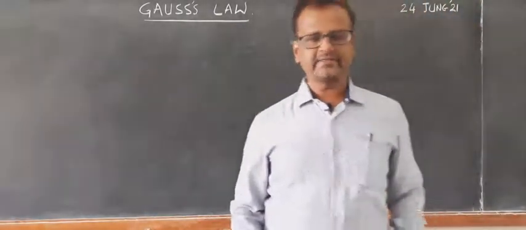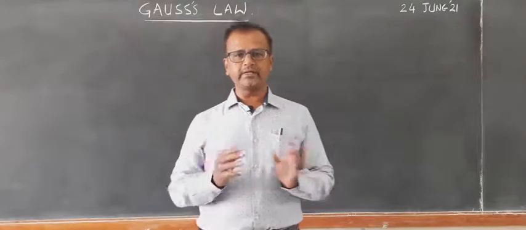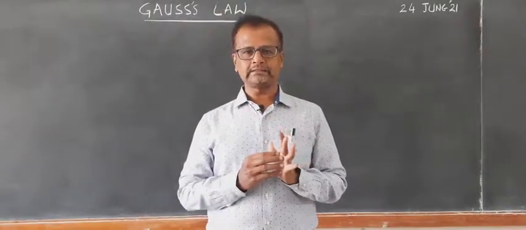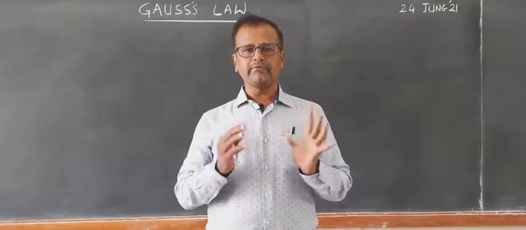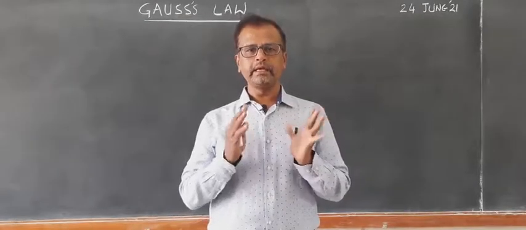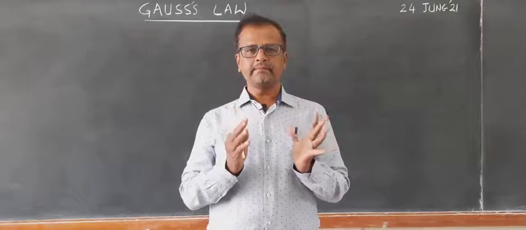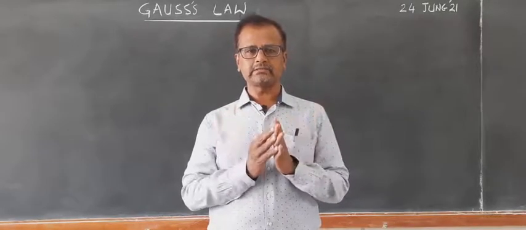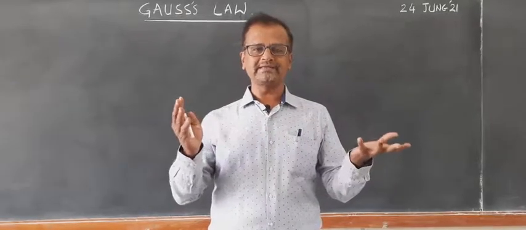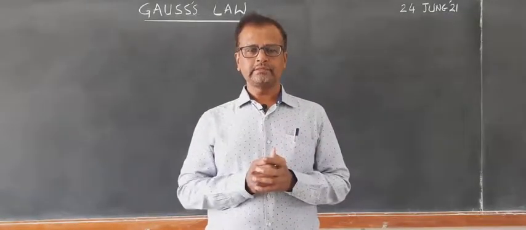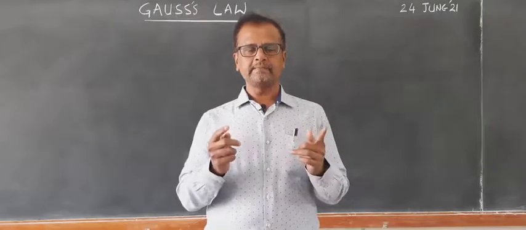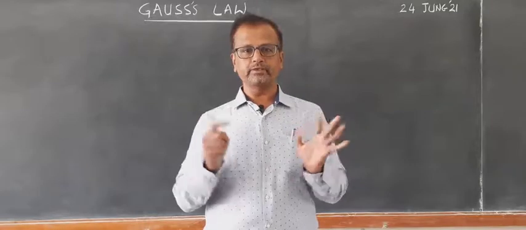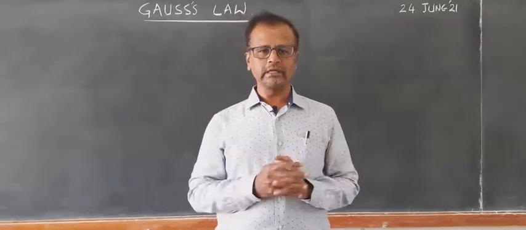Good morning, cadets. Yesterday we learned about electric flux and defined what electric flux is. The number of field lines linking with a surface perpendicular to the surface is called electric flux. Electric flux is a scalar quantity, and its SI unit is Newton per coulomb meter square. So these are all the things that we have learnt.